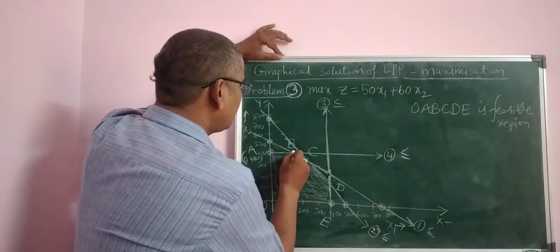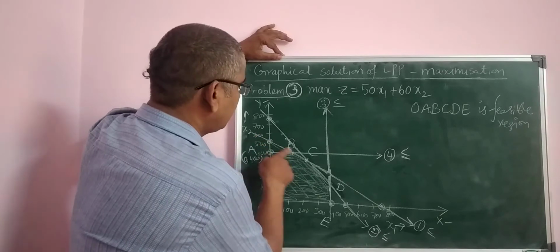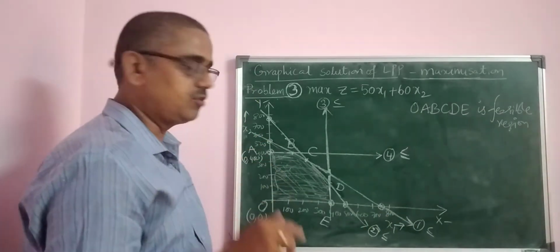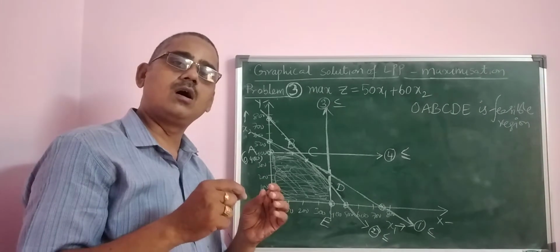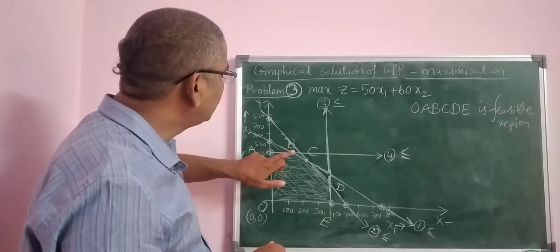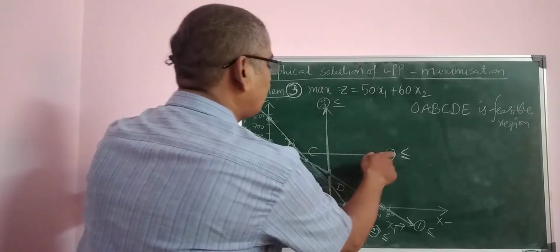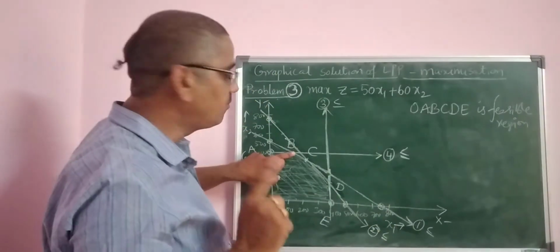And B is going to be solved. Of course, we can solve this by equation 4 and equation 1. Probably you definitely know this. What is the significance of solving two particular equations? B is an intersection point which is passing through two particular lines, equation 4 and equation 1. You solve equations 1 and 4, you will get it.